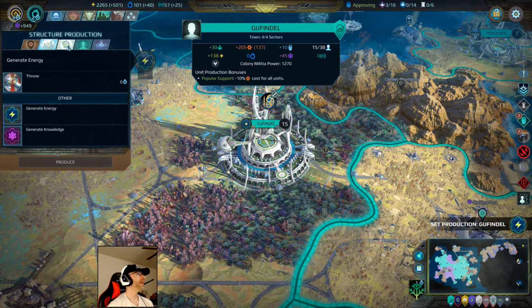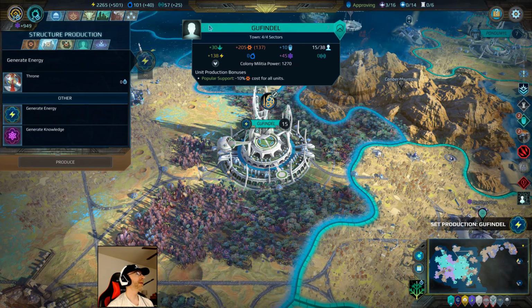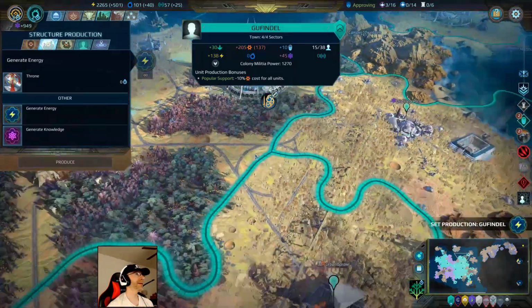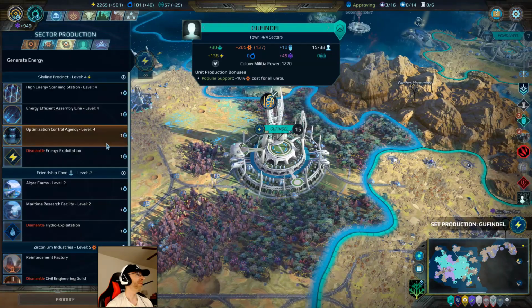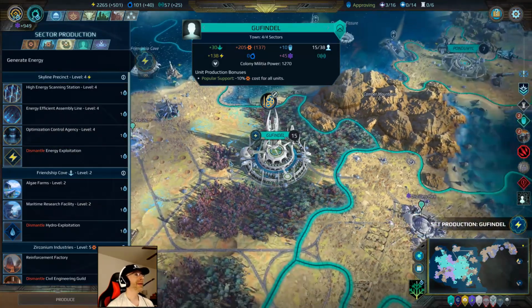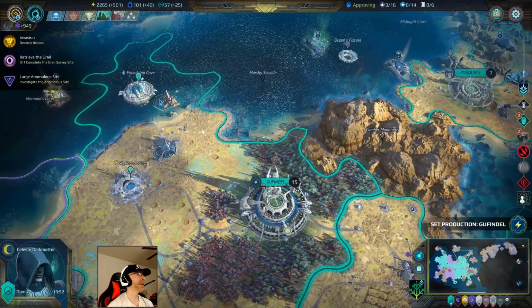Ufendel is... Oh yeah, it doesn't have a colony. So that's one thing I just need to keep in mind, is the fact that you can see the picture up there. There's, I think, a couple other cities that could use the throne. Oh yeah, Gufendel was building the boats,